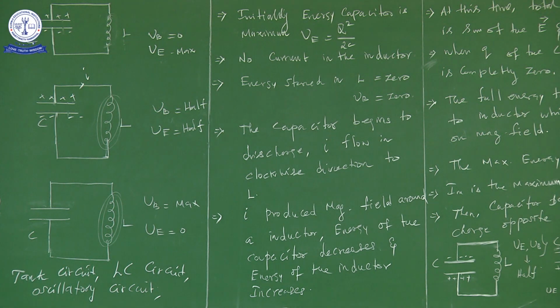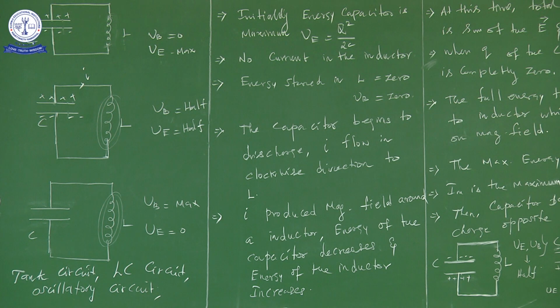So the magnetic field energy is 0. Then the capacitor begins to discharge. Discharge is nothing but withdrawal of the charge from the capacitor. Why? Because there is a lot of charge; the capacitor is fully charged, so that's why we can withdraw the charge from the capacitor. So this withdrawal of the charge is what we